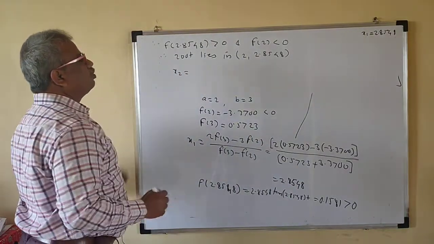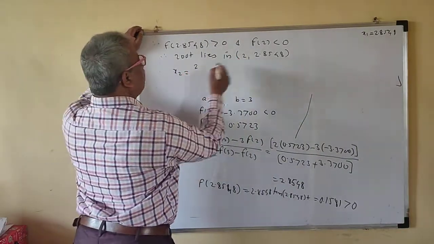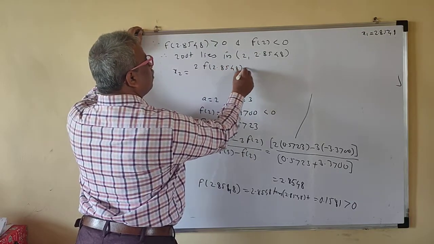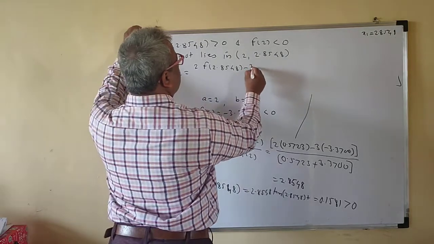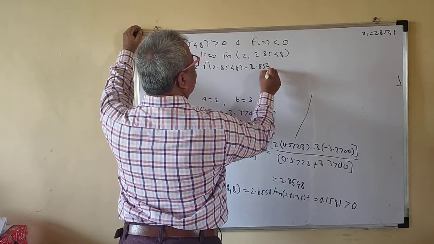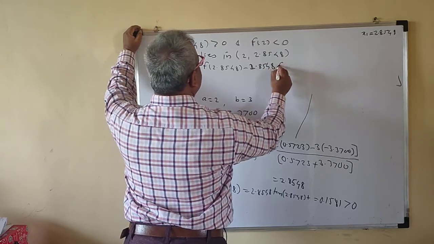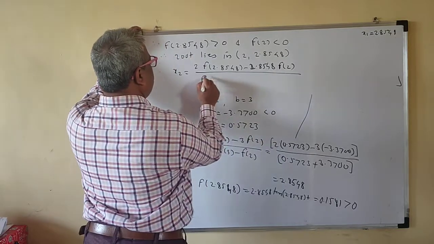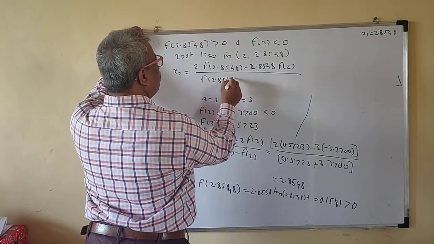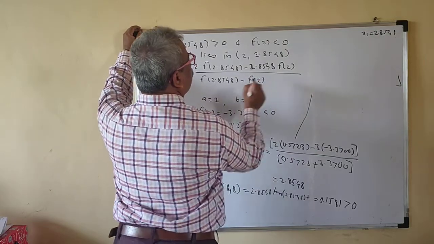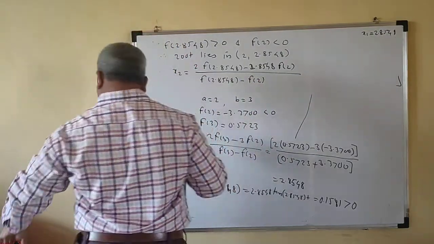Okay, so now we'll find x2. So x2 is equal to what? 2 into f of 2.8548 minus 2.8548 into f of 2 upon f of 2.8548 minus f of 2. So this is equal to